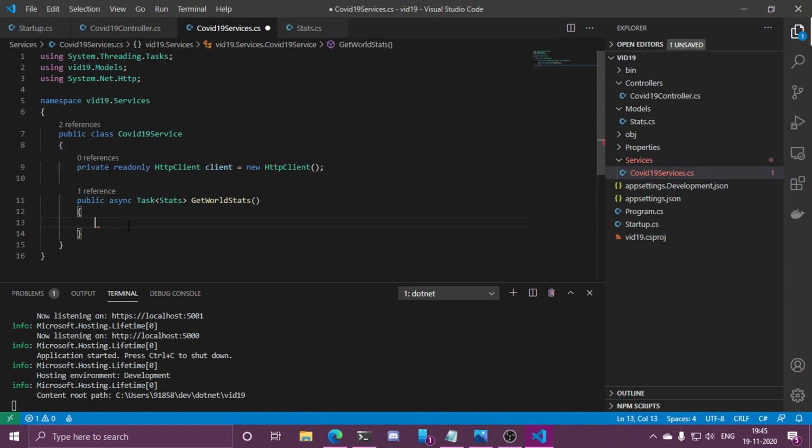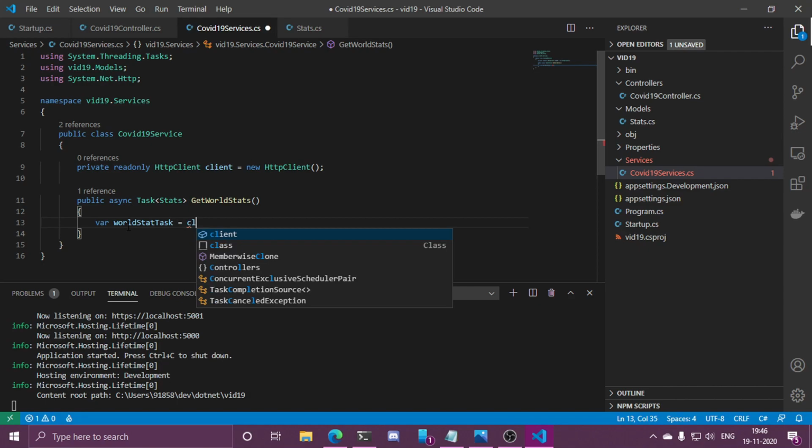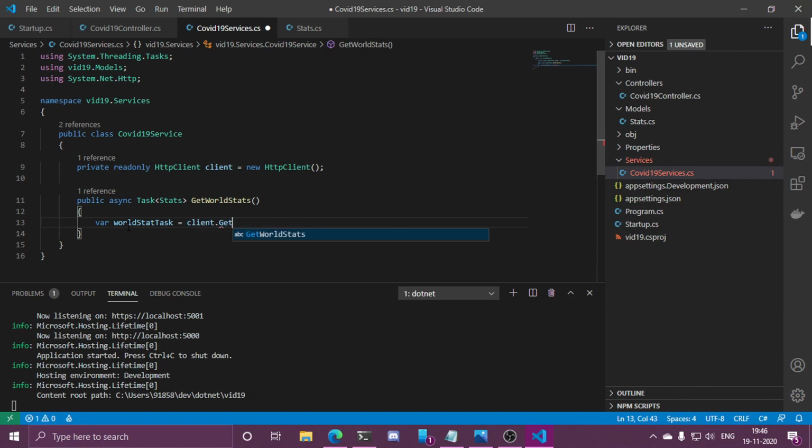Now we can use it inside this get world. First of all, we have to make the call to the GetStreamAsync method of this client. Let me show you. World stat task, and we have to create the client, and then GetStreamAsync. Over here you have to provide the URL.